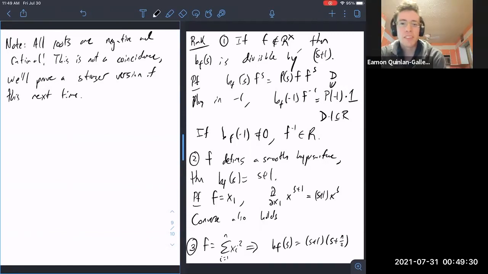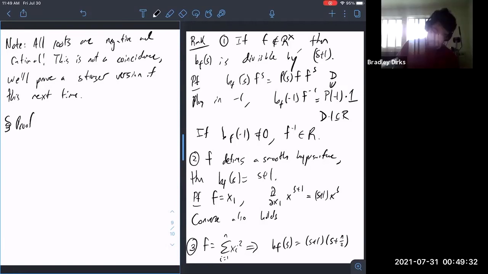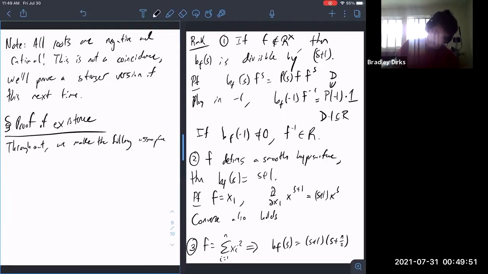Okay. So let me just do the proof of existence. We're going to actually assume something. We make the following assumption. I'm going to star it because I'm going to refer back to it later. So this says that